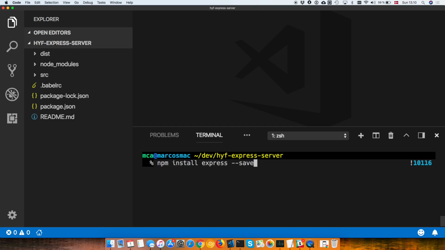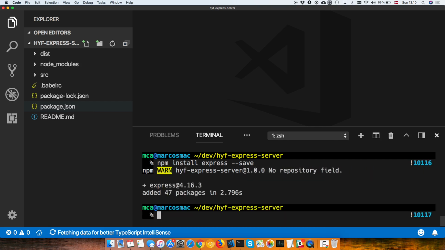and we need to install Express. You need to do it with --save, so we'll save it also in the package.json file. Yeah, so it's local to your project. This is a local package. You just have to do npm start if you want to create this folder, right? So just do npm start. Yeah, so it builds the whole thing. If you open it,